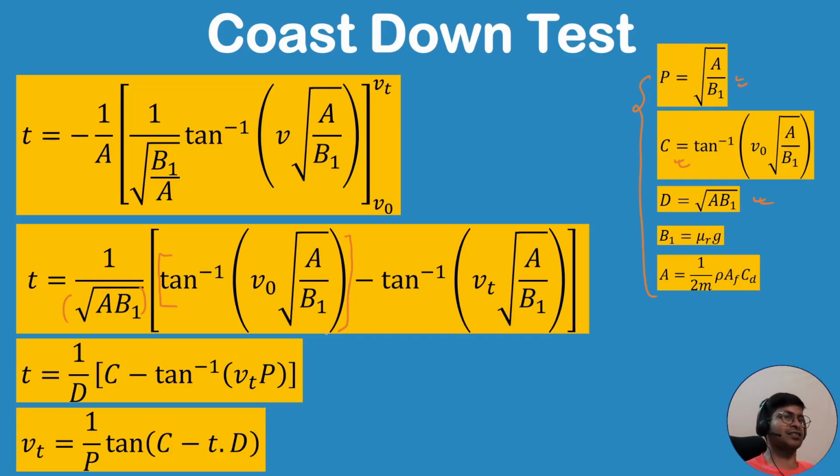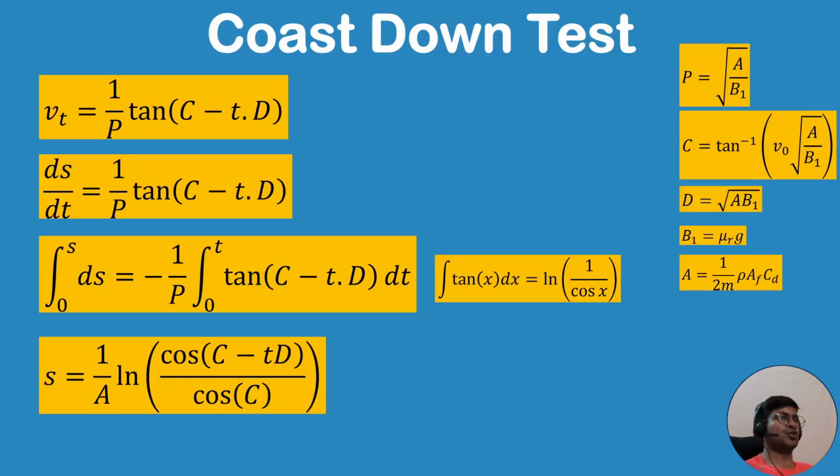So now this is, at least visually, the best. Next I rearranged the terms and found the speed of the vehicle in terms of time. The speed of the vehicle will be 1 by p into tan of c minus t into d. Now I need to define distance in terms of time t. So we can write v as ds upon dt, and then integrate both sides, use this formula for our integration, and put the limits appropriately. Then we will end up here. So congratulations to you,